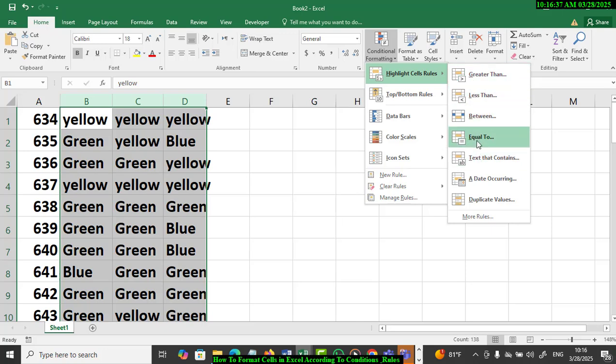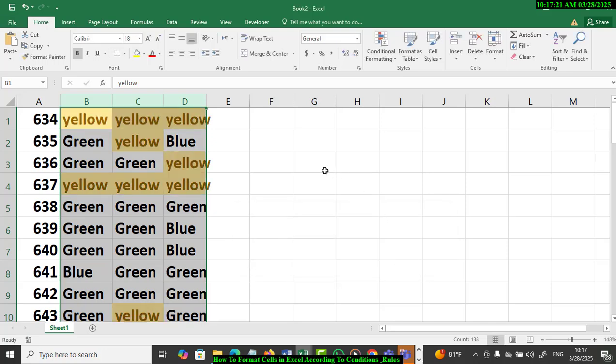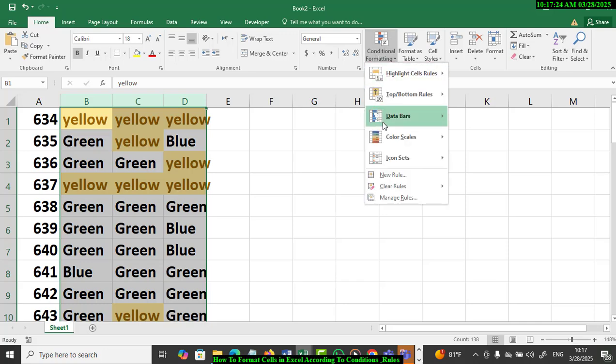equal to. I need the yellow with background yellow, green with background green, and the blue with background blue. So I will set and then yellow. You have to select OK, yellow, and then from here select the yellow color and then OK, and then again conditional